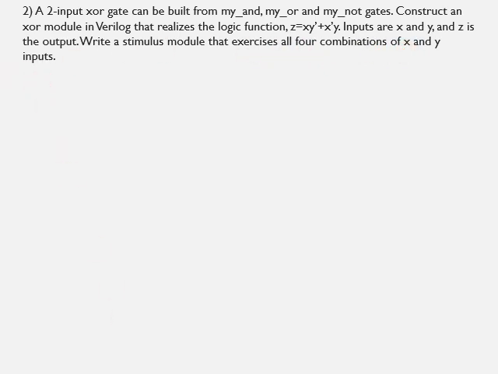So in the previous problem, we have realized this one, right? We have realized, I just put it here, recall it here. We have realized my NOT, my AND and my OR gates using only NOT gates. Okay, and that module had two inputs, that is A and B, and three outputs, that is C1, C2 and C3. C1 was the output of NOT gate, C2 was the output of my AND gate, and C3 was the output of my OR gate.